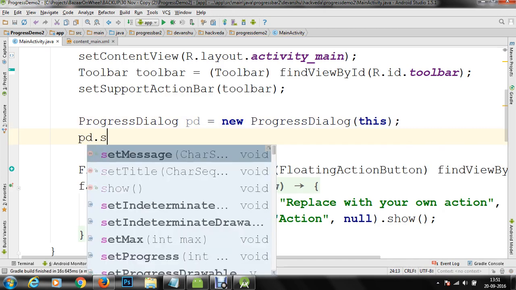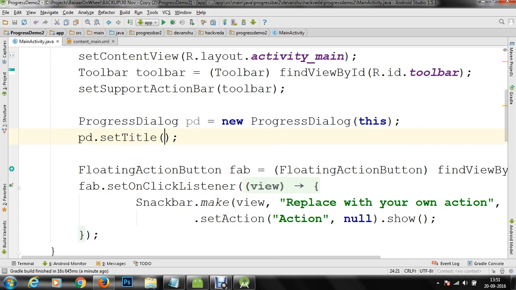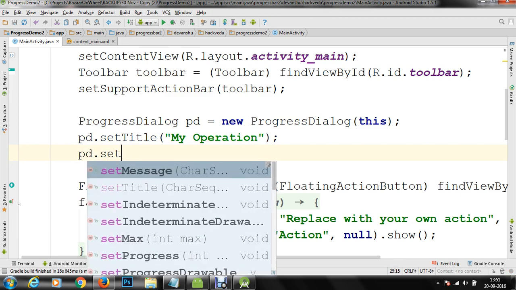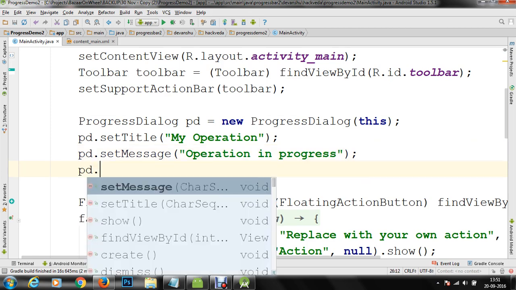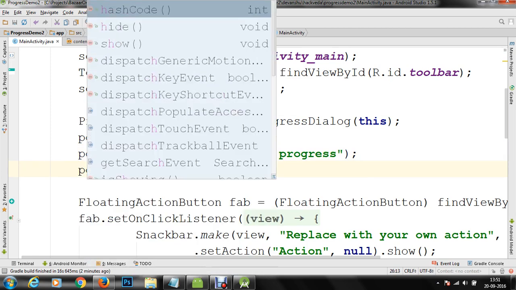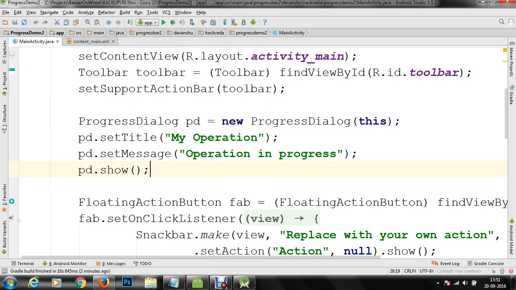Within this pd we are going to set the title, let's say my operation. We are going to set the title of the operation. Then we are going to set a message so that a user gets notified, operation in progress, and then pd.show. So we are going to show that.